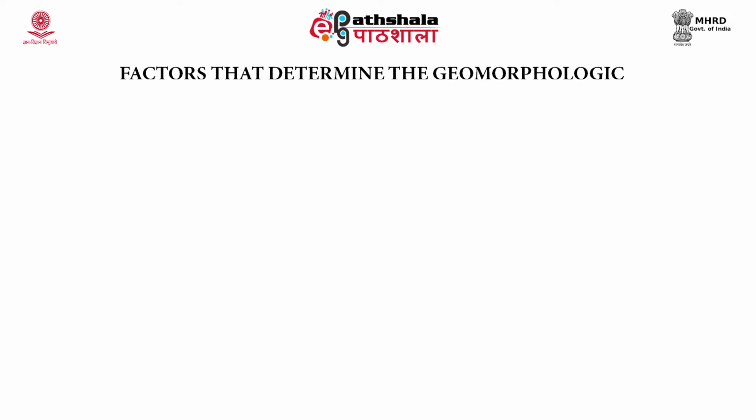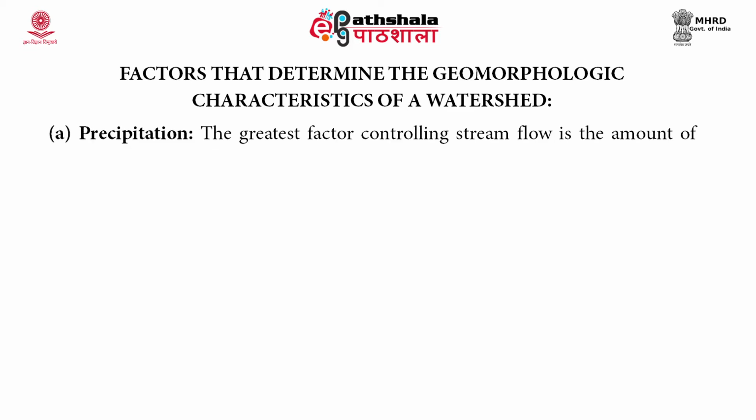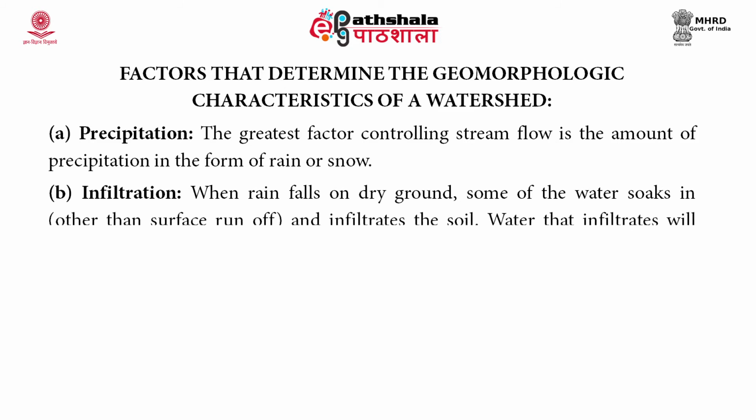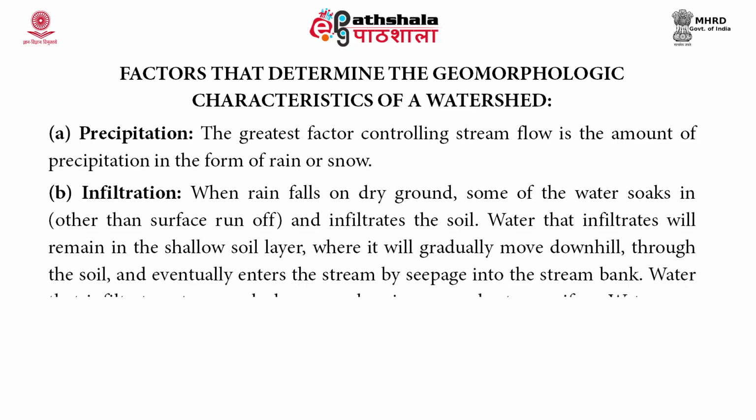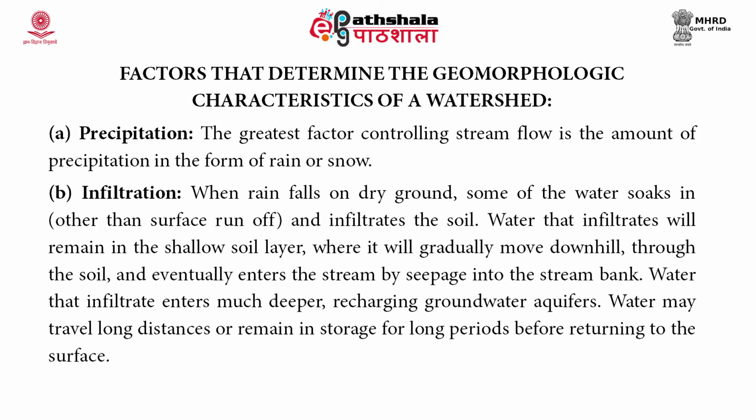Next students, we would like to talk about the factors that determine the geomorphologic characteristics of a watershed. Number 1 is precipitation. The greatest factor controlling stream flow is the amount of precipitation in the form of rain or snow. Number 2 is infiltration. When rain falls on dry ground, some of the water soaks in rather than becoming surface runoff, and infiltrates the soil. Water that infiltrates will